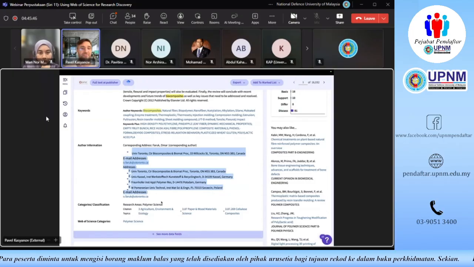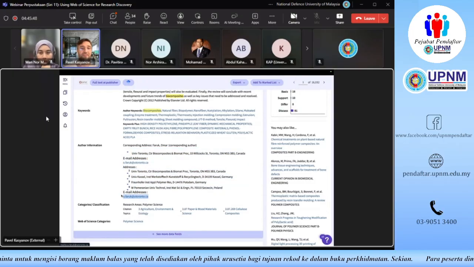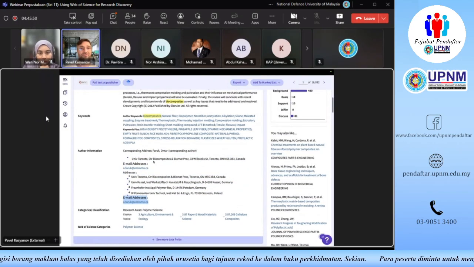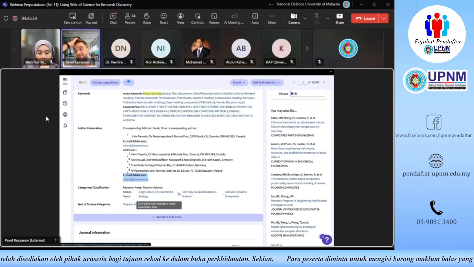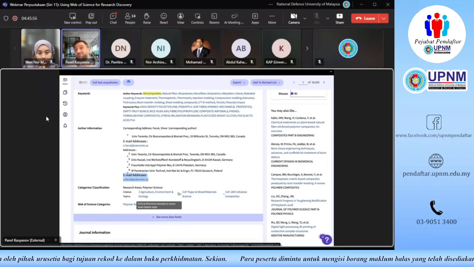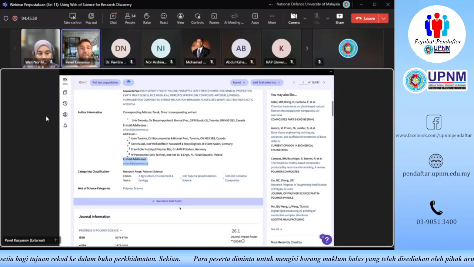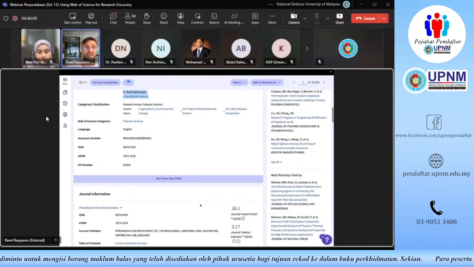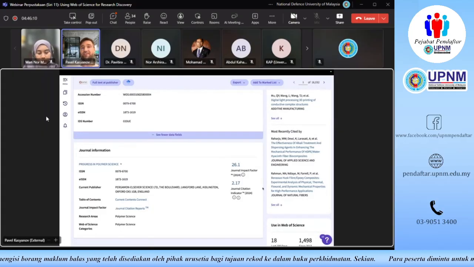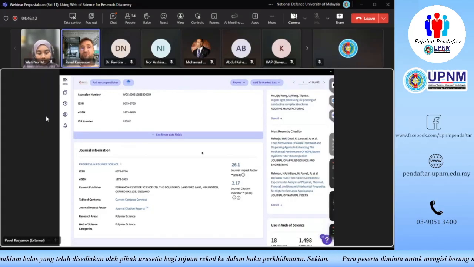We can also even get the email, at least of the first researcher. That's how you can basically mine the researcher emails in Web of Science. And we can also see some subject categories to which this particular record is linked. If we click See more data fields, you might see some more data in case it exists. Some information that, once again, comes if you do have a subscription to Journal Citation Reports.